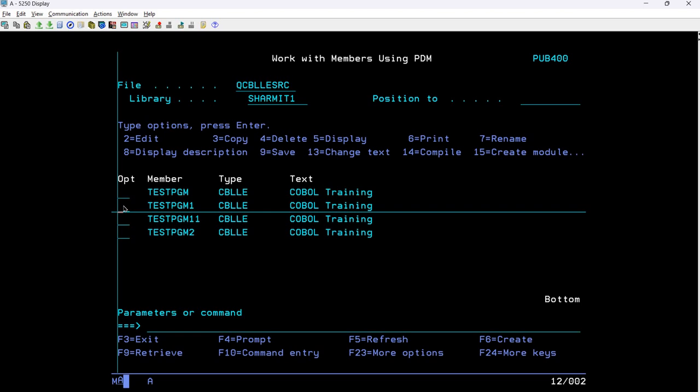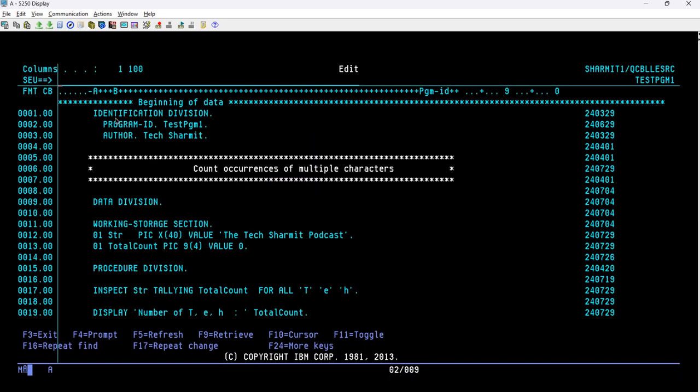For those who are directly referring to this session, I would like to tell you that the INSPECT keyword can be used for multiple purposes. For example, we can use it for fetching the count, and there are other scenarios as well that we are going to discuss in an upcoming session. But in this particular session, we are just focusing on how we can use the INSPECT keyword for fetching the count of multiple character occurrences. Okay, so to explain this, I will take this program in edit mode, and we will go through the code one by one, and we'll understand the output as well.